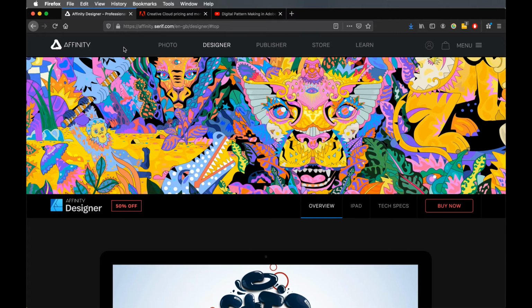digital pattern cutting. I've actually based this video on a blog post that I wrote about a year ago on the same topic, and I thought that some of you may find the video easier to follow than the blog post. If you do want to use the blog post as a reference though, there's a link to it in